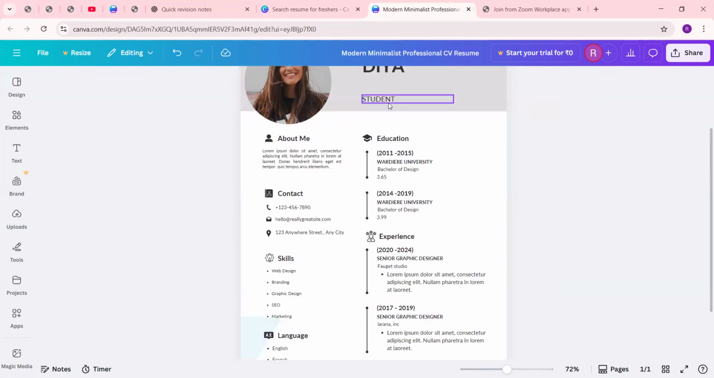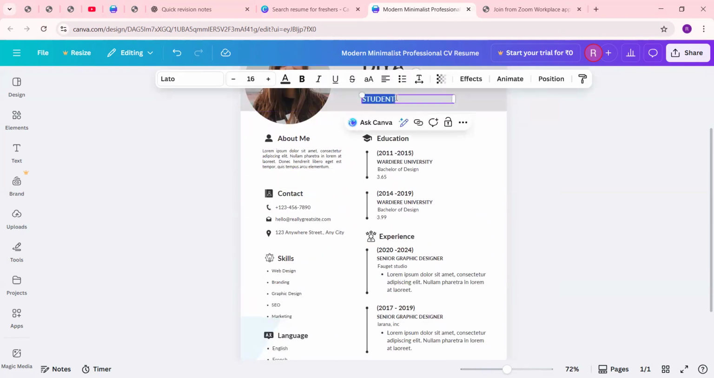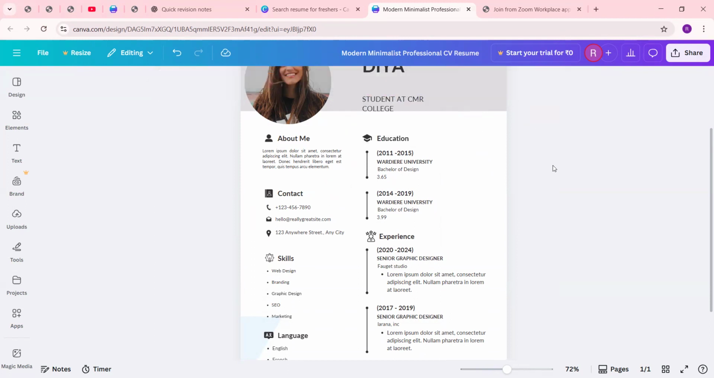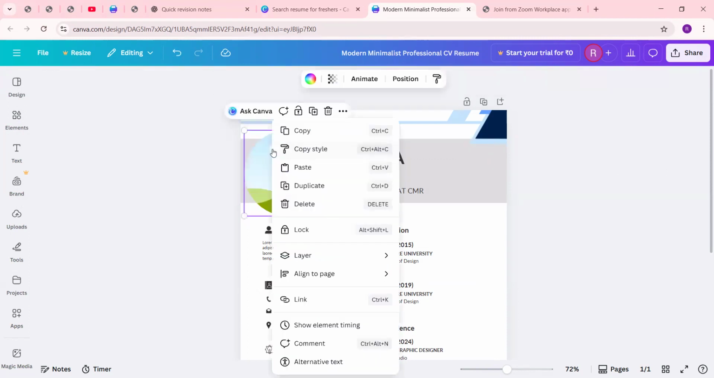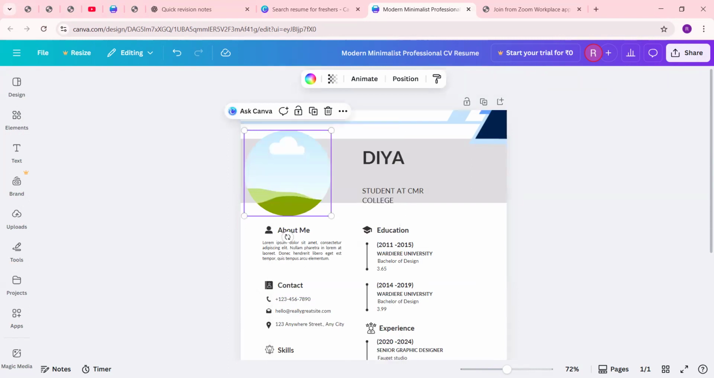And if you're a fresher, right? So student at something. Student at college, give your college name. CMR college. You can just edit this. I mean, remove this image and paste your image. Suppose,